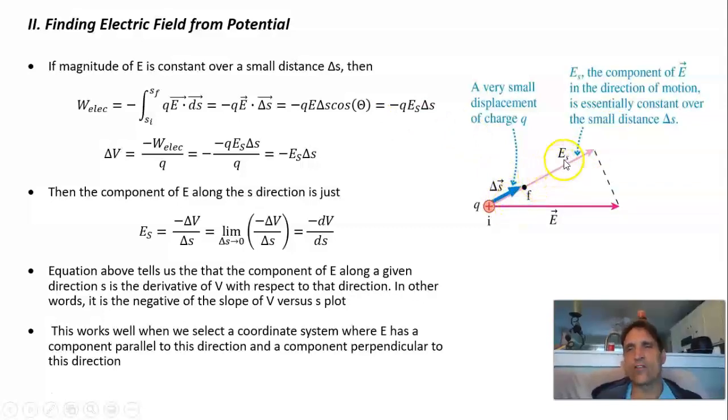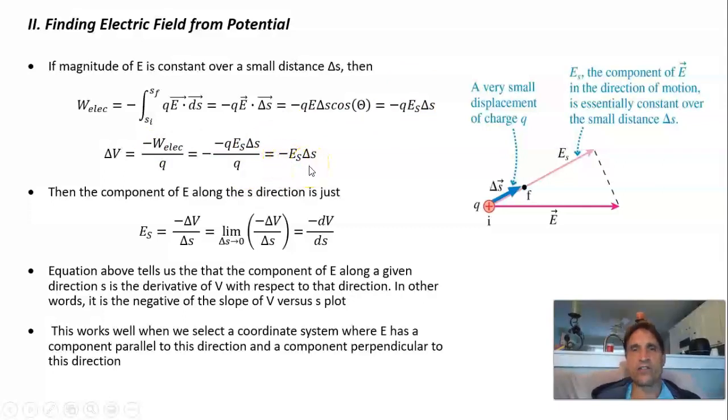So in other words, this could be EX or EY or EZ. What we can do here is this is equal to ES, the component along the displacement, times delta S. So we plug that in, and we know that the potential difference is the negative of this work, which is this, divided by the charge Q, which means Q cancels out,